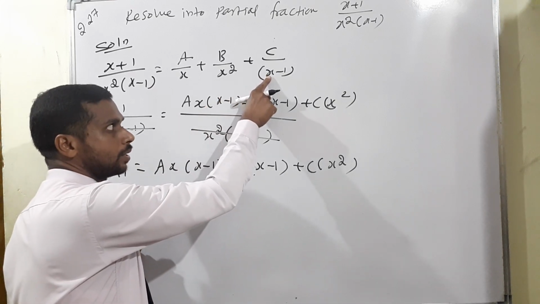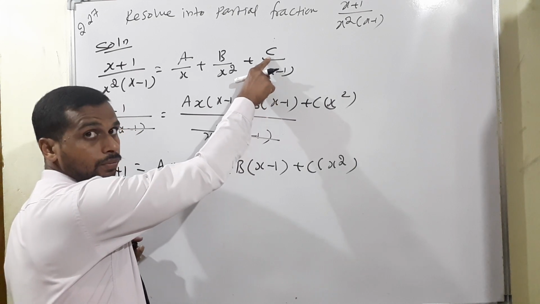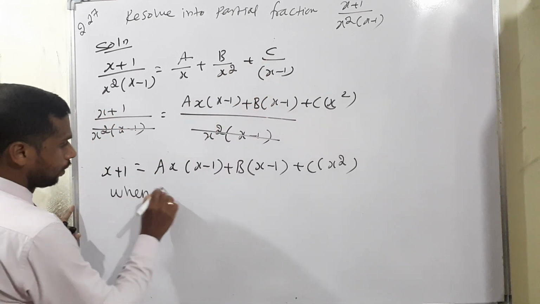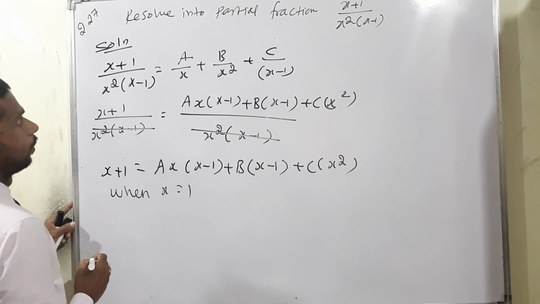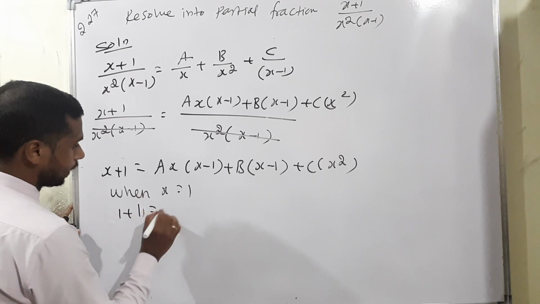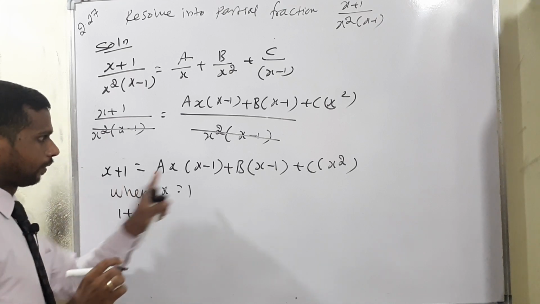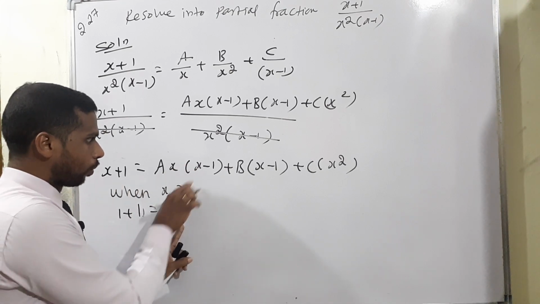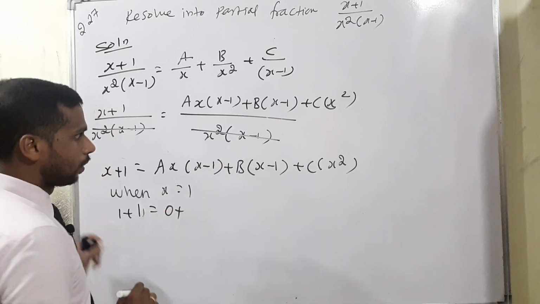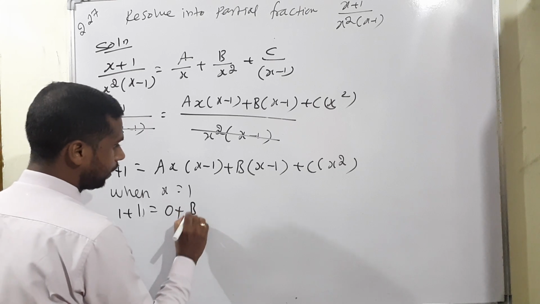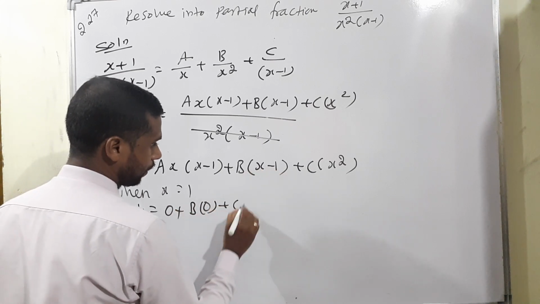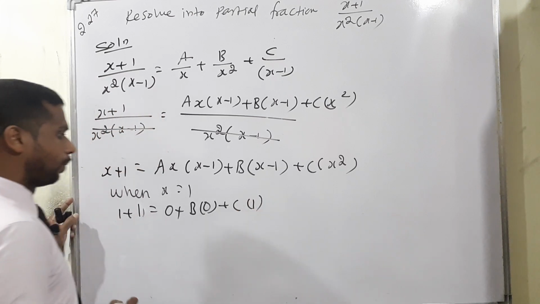So already I told you, first we have to find the easy way. If you take x is equal to positive 1, we will get the value of c. So how to apply? When x is equal to positive 1, what will happen? 1 plus 1 is equal to, so definitely instead of x apply 1, so 1 minus 1 completely will be 0. Therefore 0 plus the next term also, b into 0, isn't it? 1 minus 1 value will be 0. Last case c into 1 square, the value will be 1.